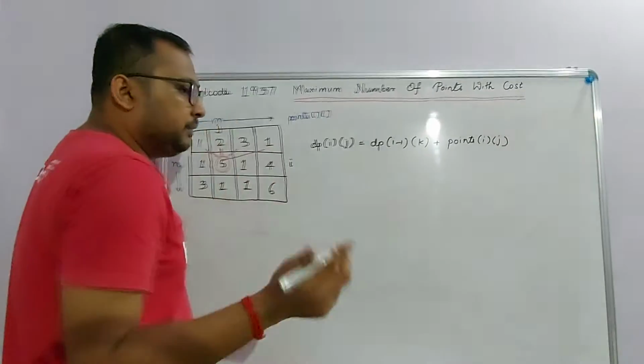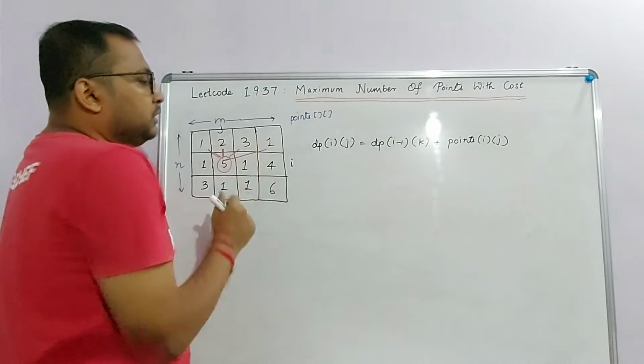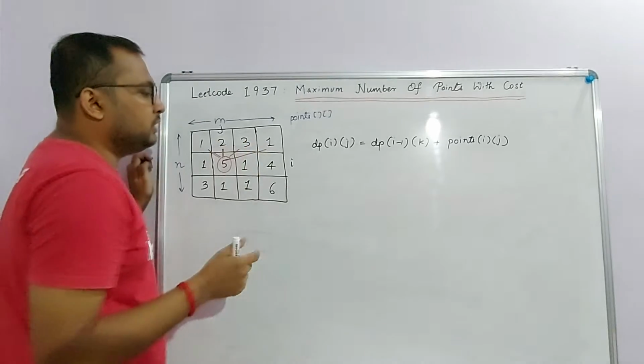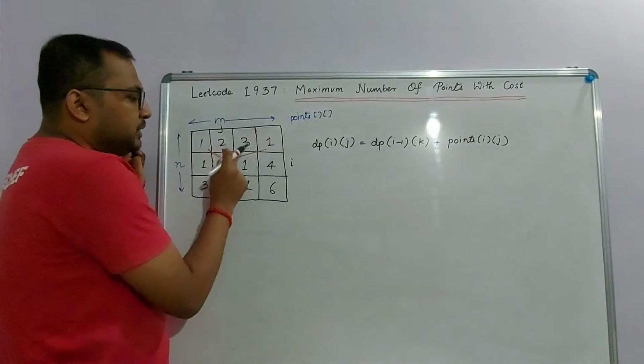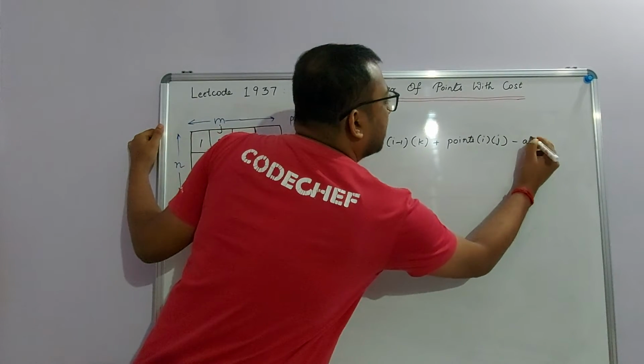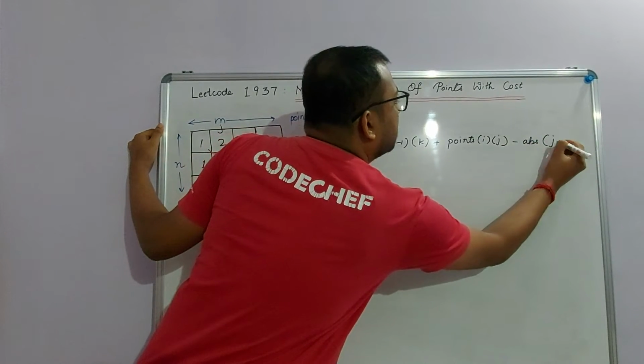Next, when I have two values, I know that the difference is what I have as a loss between two consecutive rows. So what is the difference here? I take this kth column and jth column. So that is minus the absolute value of j minus k.